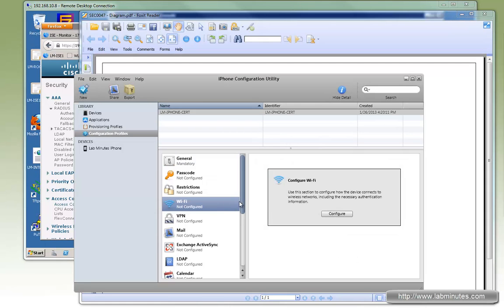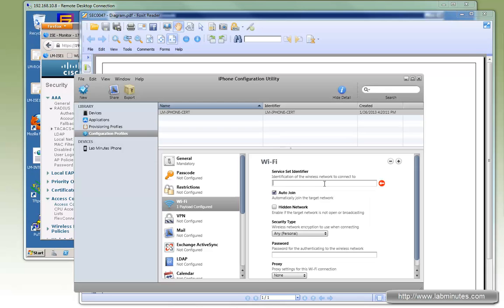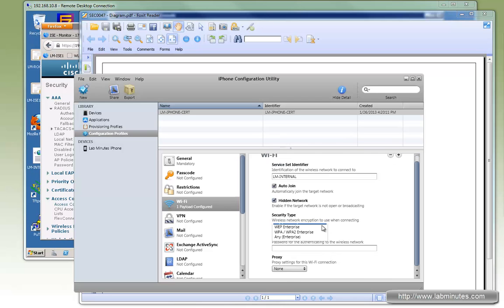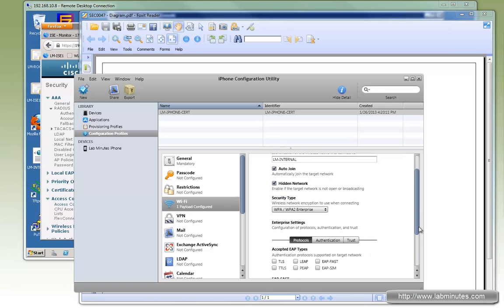Next, we'll configure the Wi-Fi, so we also want to inform the iPhone what's the new SSID it needs to connect to once it's got its certificate. So the SSID is called LM internal. We'll make sure it's auto joined, and let's make sure that it's also joined even when the SSID is hidden. For security type, let's see, we want to use WPA2 Enterprise